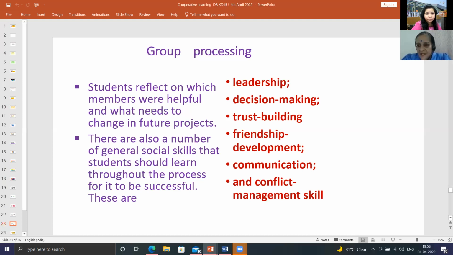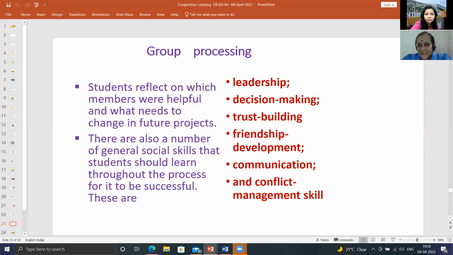Then communication. Naturally, if they interact with each other actively and lively, they have to develop their communication skill. Some students are poor in grammatical presentation, some are very much in Hindi language, some are in English language, some have some language barrier. So when they discuss and talk and express their opinion, they will definitely develop their communication skill and